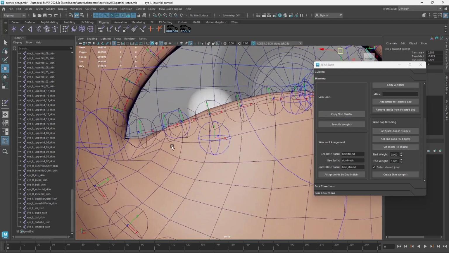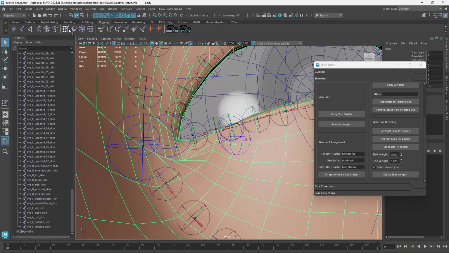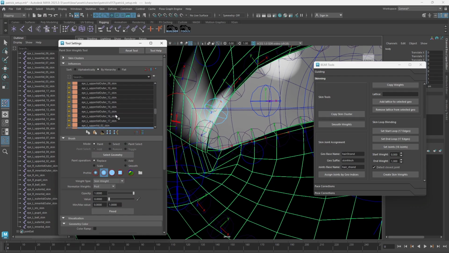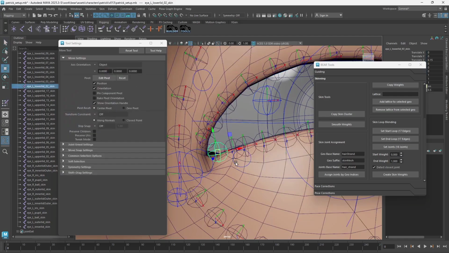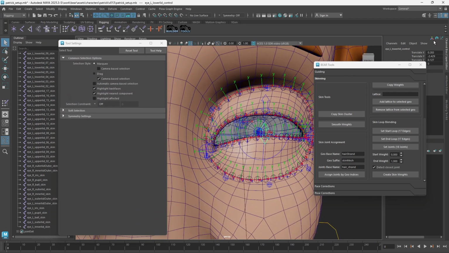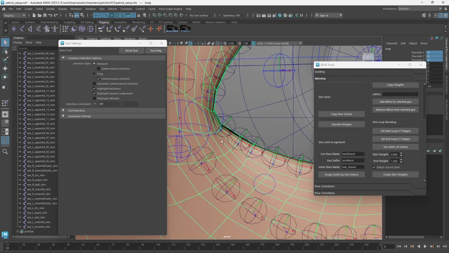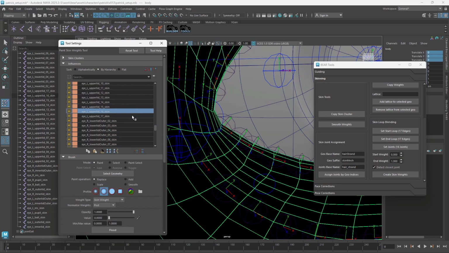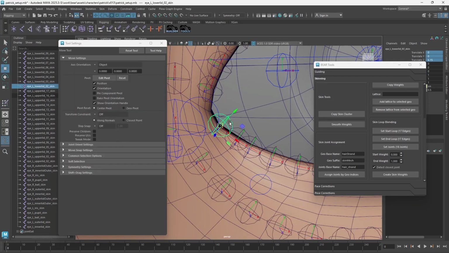So here we can see an issue due to the weighting which hasn't been applied correctly in this corner. I might do an update to this utility that detects the edge flow correctly, since, as I mentioned before, it's currently location based instead of edge flow based. But yeah, we can fix this pretty easily if we select this. Let me select this joint here,